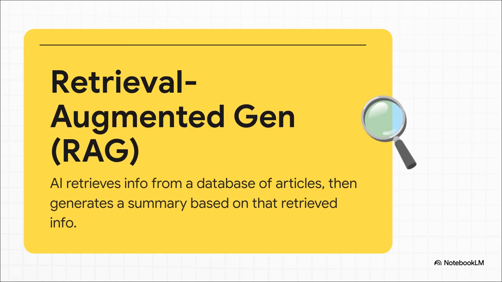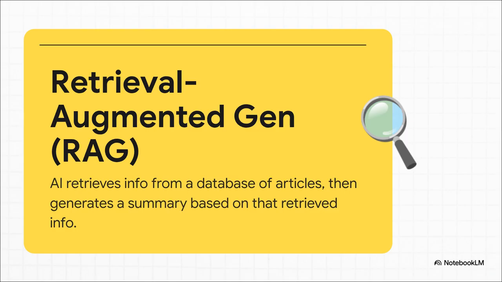So the tech that's kind of at the heart of all this is called Retrieval Augmented Generation. Let's just call it RAG. It's pretty simple, actually. It's a two-step dance. First, the AI retrieves a whole bunch of articles it thinks are relevant to your question. Then it generates a nice, neat little summary from all that stuff.